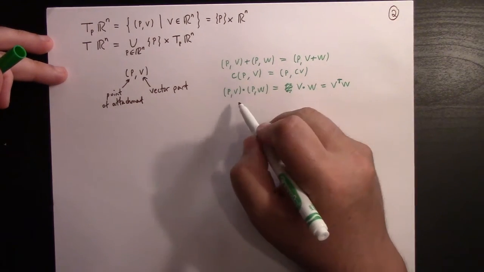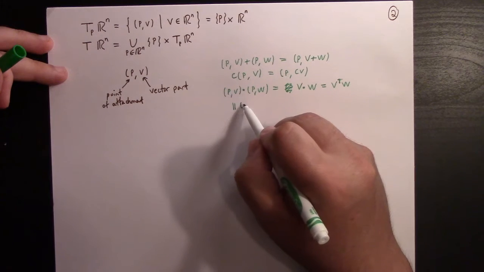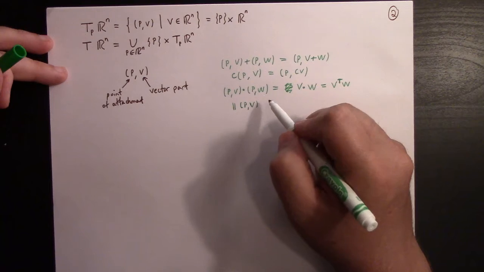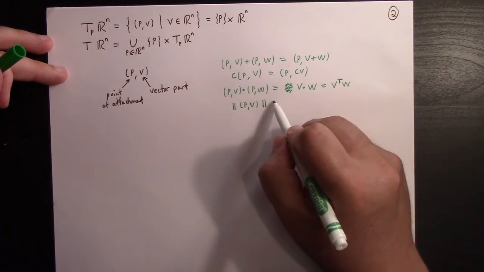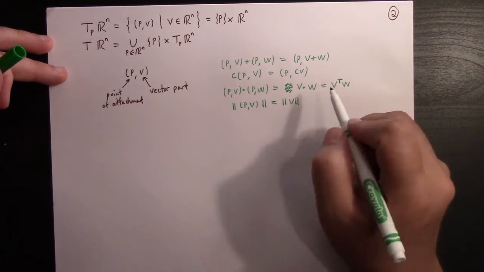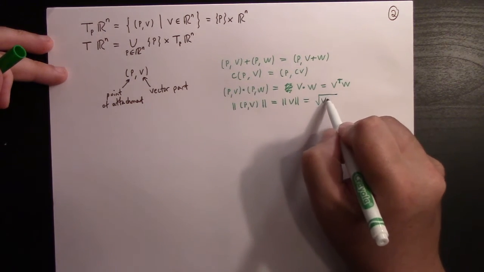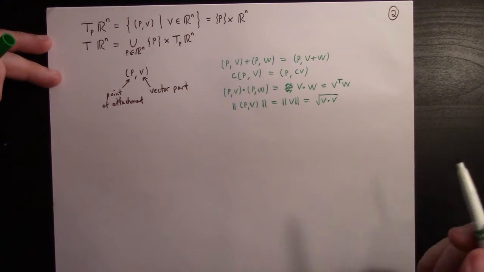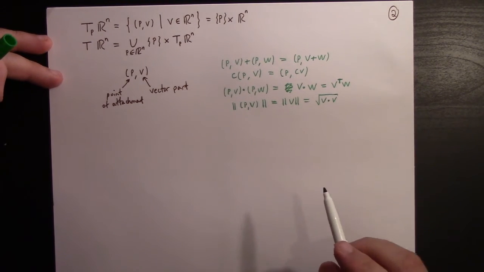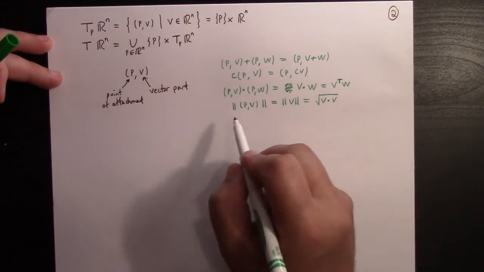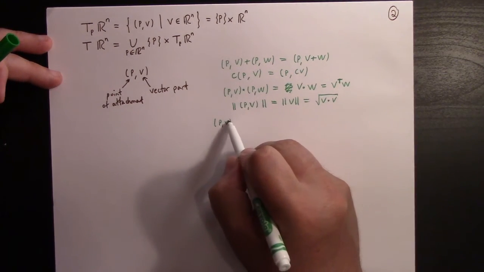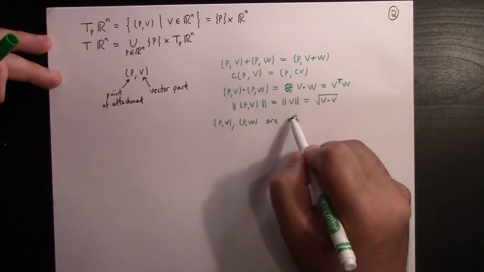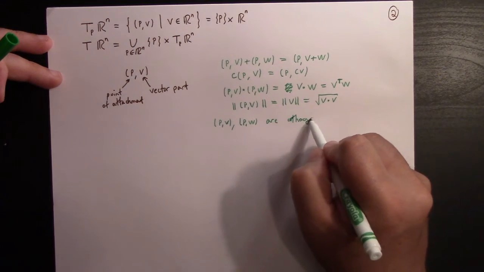And of course, you can also talk about the norm of the vector P comma V, or the vector V attached to P if you like. It's just going to be equal to the norm, the length of V itself, or if you prefer, the square root of V dot V. And so once you have a dot product on the tangent space, you can do other things, like define orthogonality. So P comma V and P comma W are orthogonal